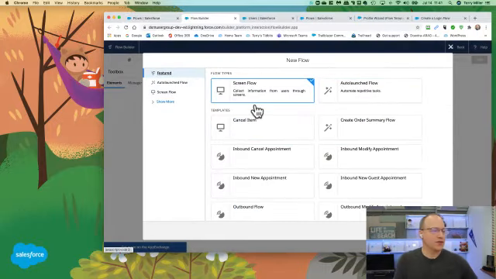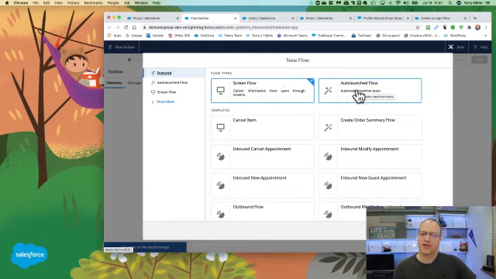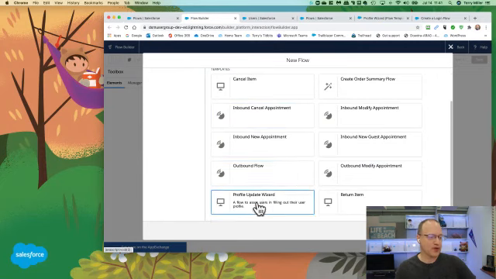And what you will see is your normal flow types up at the top. So you've got your screen flow and your auto flows. But below that, you'll see this section called templates. And in this particular org, we've got quite a few templates in here. So I'm looking for that profile update wizard, and you'll see that has been loaded right down here. It's a screen flow, you can tell from that icon. So I'm going to just select that flow,